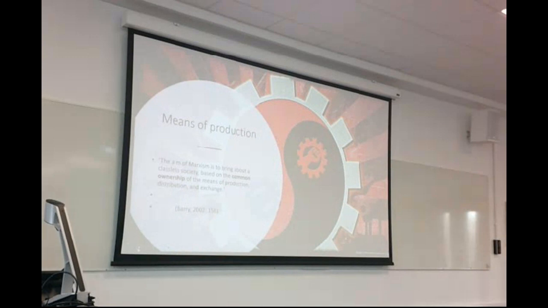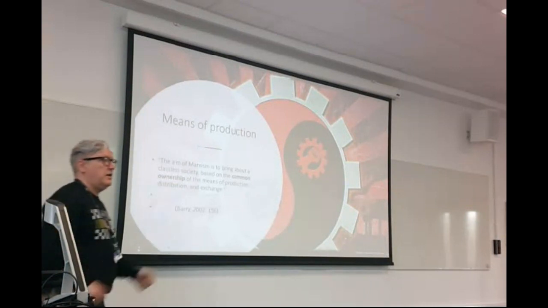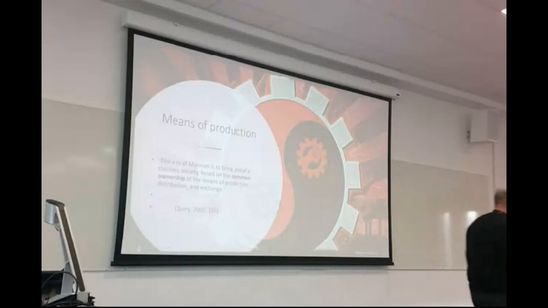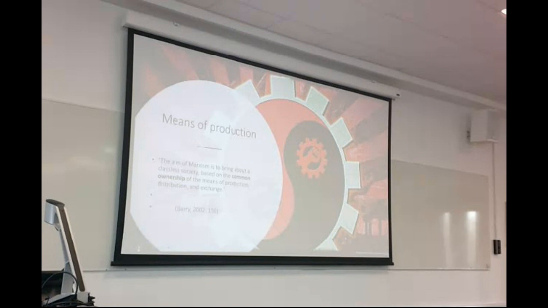Now, as I said, the means of production, the aim of Marxism is to bring about a class of society based on common ownership of that. That's traditionally been how Marxist societies have been structured as well, but we don't have to worry about the rights and wrongs of that here, and there are significant arguments to suggest that that actually is a wrong-headed notion, that common ownership of the means of production is actually a way of stagnating societies, not developing them. We don't have to get into the ins and outs of that here.